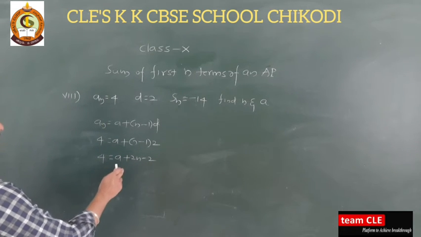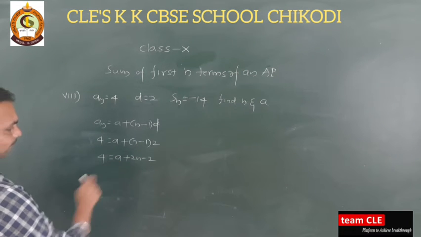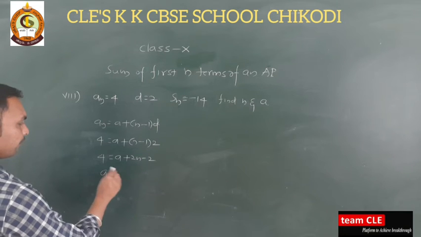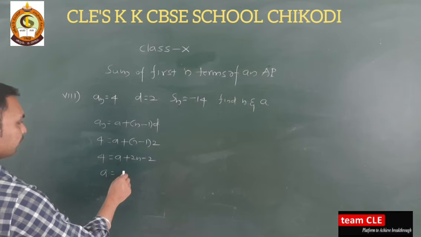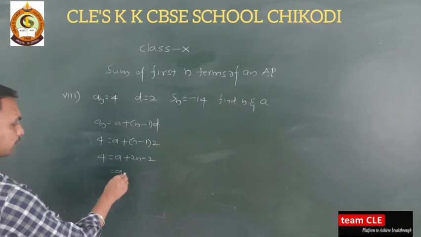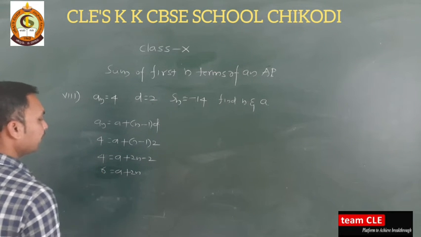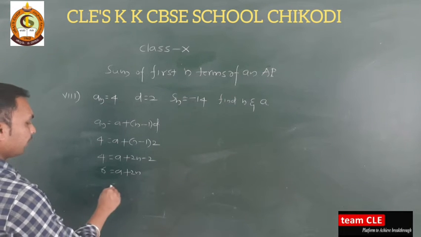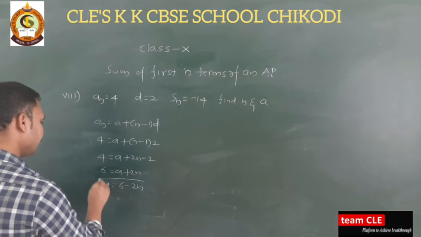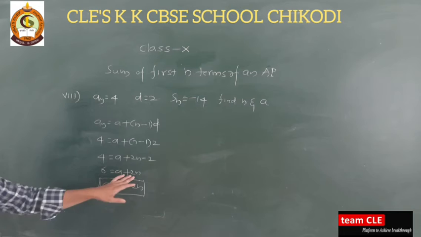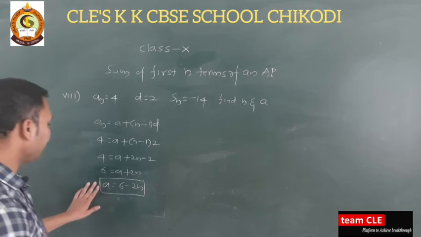So now this is 2n minus 2 we have, this is a. What we need to do means, we will take the value of a. Once I take the value of a, you can transfer that side. So otherwise first I will write this one and 2 I will transfer this side. So this becomes 6, plus 2n. Now, value of a is what here? a is equal to 6 minus 2n. This plus 2n you can transfer this side. So a is equal to 6 minus 2n. This is the value of a.